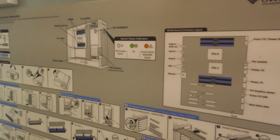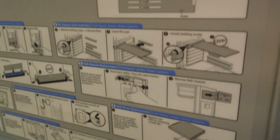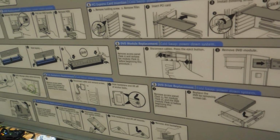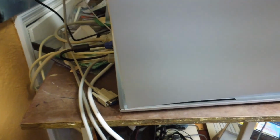And even better is, let's take a look at this. As you can see, this has all the service procedures written down. CPU, CPU1, everything you need to switch in the system is labeled here. But that's not the best part. Oh no, that's not the best part. 2006. This machine was made all the way back in 2006,